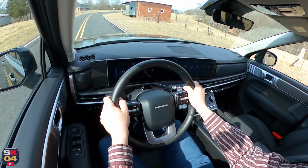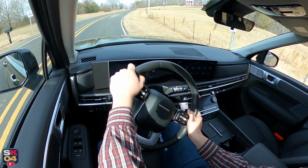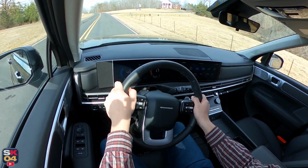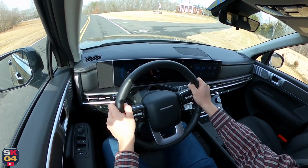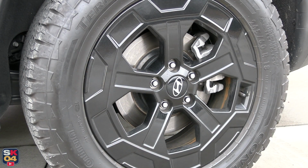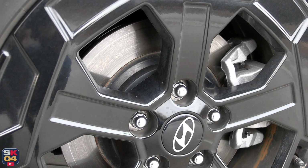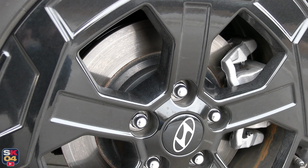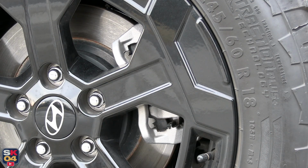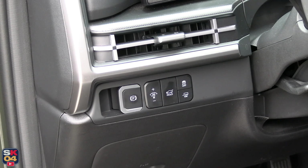All models and trims benefit from 4-wheel, 4-channel, 4-sensor ABS with electronic brake force distribution, as well as downhill brake control, hill start assist control, and trailer sway control. With this setup, stopping from 60 miles an hour takes about 123 feet. Stopping always felt consistent, the pedal had good feel, and all in all, the brakes performed as you would expect